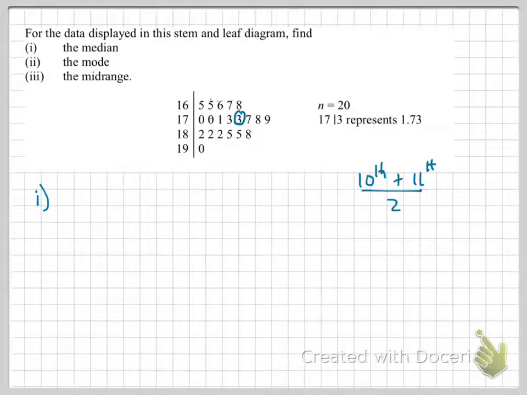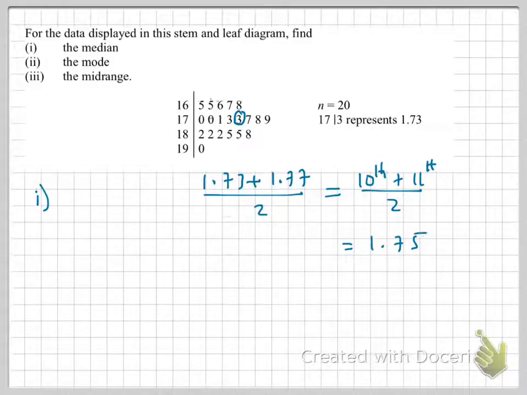And so therefore the 10th value, let me just carry this over, is 1.73, the 11th value is 1.77, add them together and divide them by 2, and that gives me 1.75, which is my median. Let's write down, here's a median. Right, mode is the one that occurs most frequently,